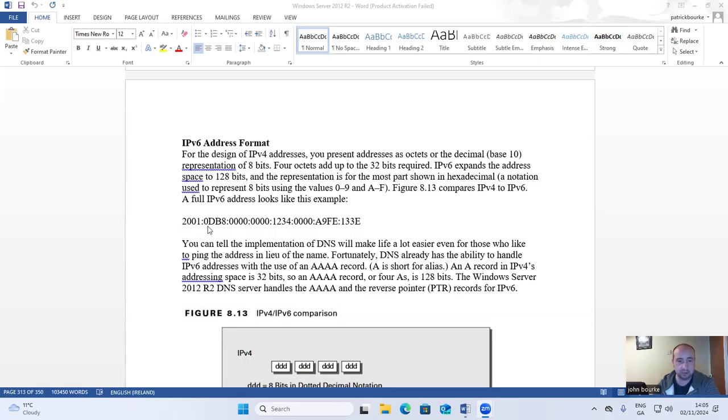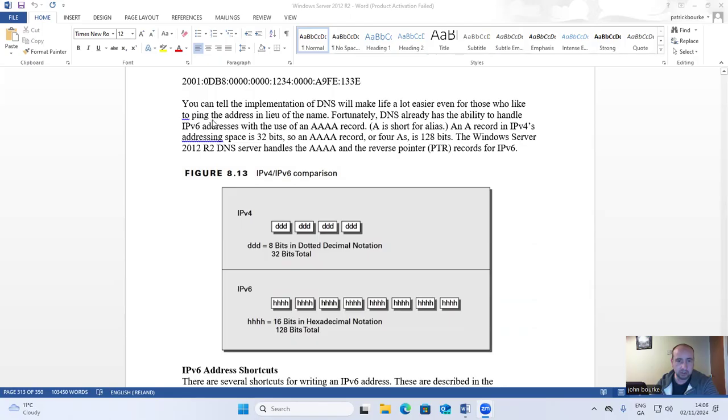2000:0000:A9FE:0000:133E. You can tell the implementation of DNS will make life a lot easier, even for those who like to ping the address in lieu of the name. Fortunately,